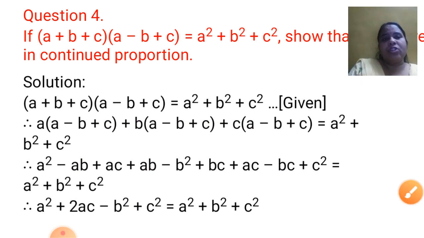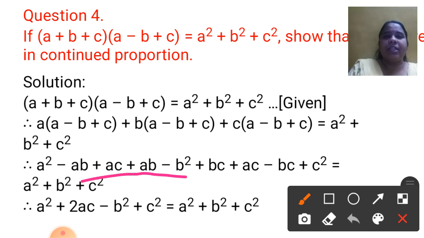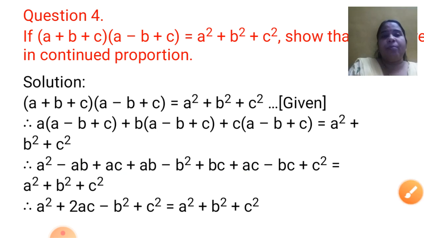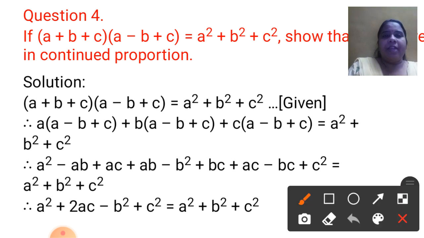Now after this also, if there are same terms on both the sides, try to understand. When it is on the same side the cancellation is to be done, we hunt for plus and minus sign. On the left hand side I told you what can be cancelled, minus AB and plus AB. But when the same cancellation is to be done from both sides, left and right hand side together, then we search for the same sign, only then it can be cancelled. Like C square from here, C square from here, both are plus. Then any other thing, A square from here, A square from here, both are plus.